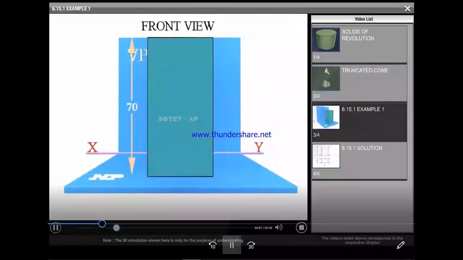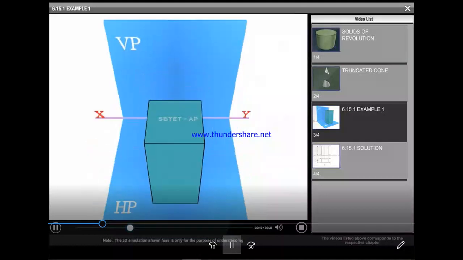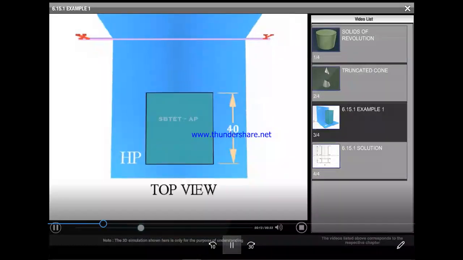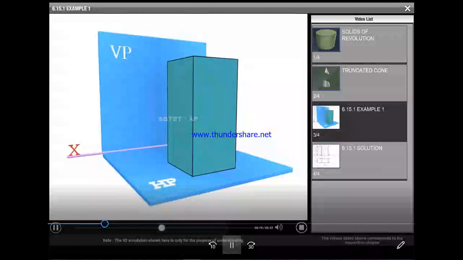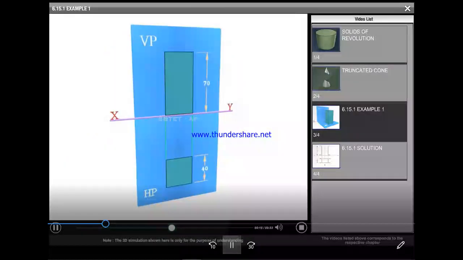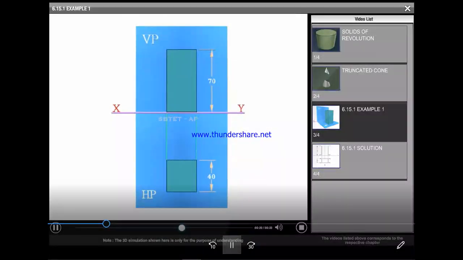Front view, top view. A square prism of base 40 mm side and axis height 70 mm is resting on one of its bases on the ground with a vertical face perpendicular to the vertical plane.